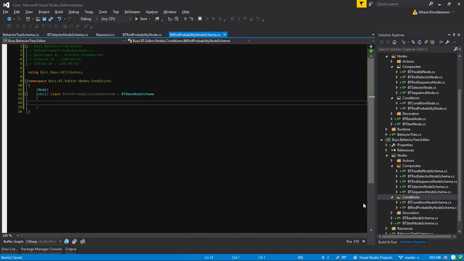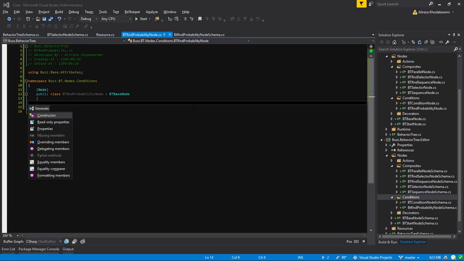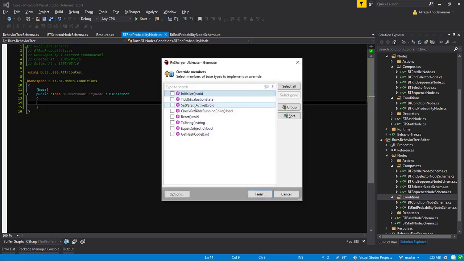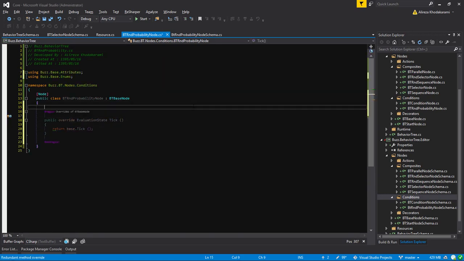Okay, so I will come back to this guy later. So here we want to override our tick method. Well, let's see. I have tick method. We will have a